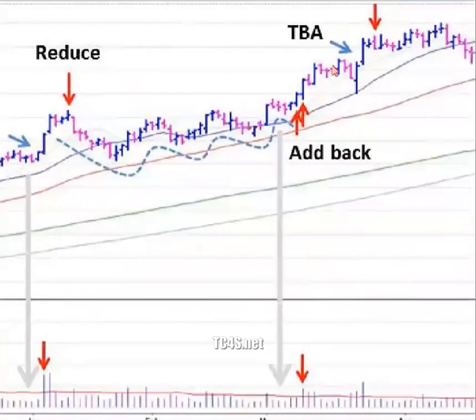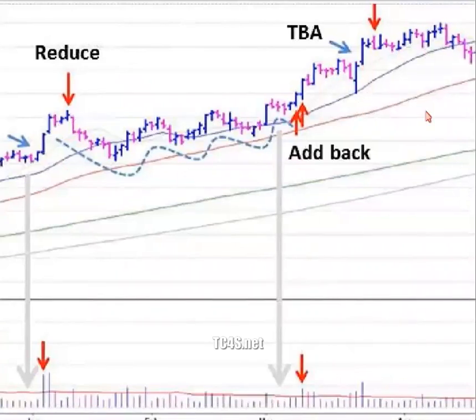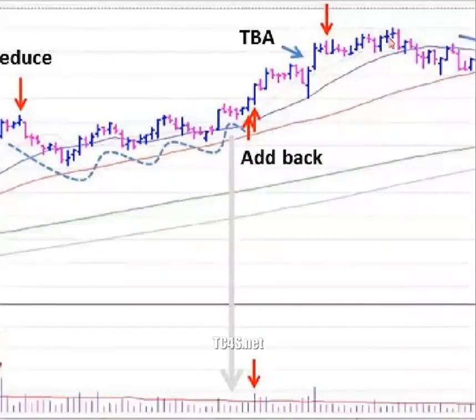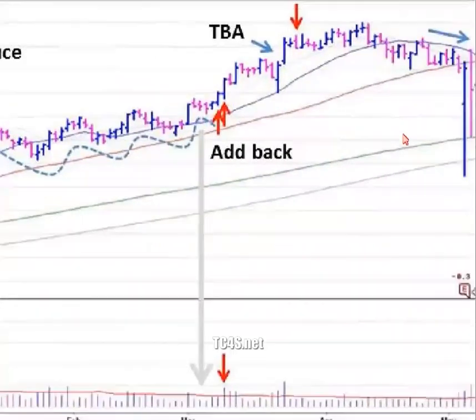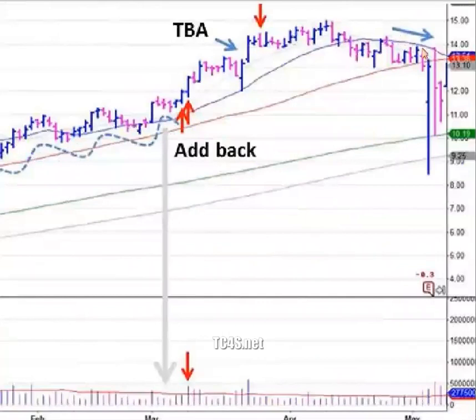Now you're back in, say, a full position, the stock runs up, you let it go through that first pullback, and you see there's tennis ball action. Maybe give it a few more days or even a few more weeks, and at that point you can reduce again. And then if this stock started to get itself into trouble, you see it start to lose its momentum